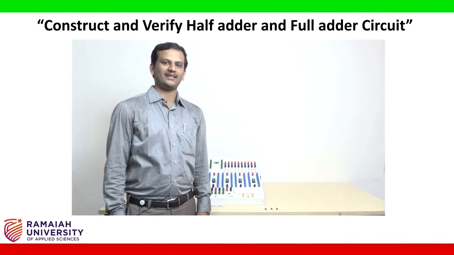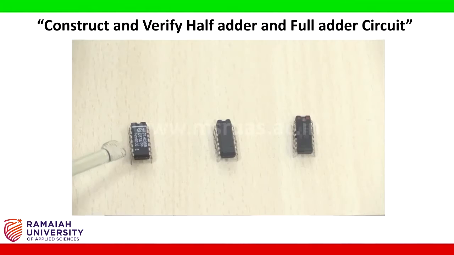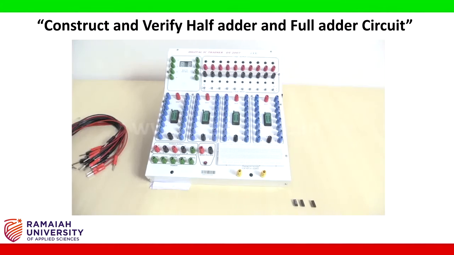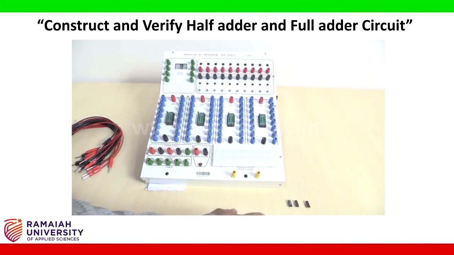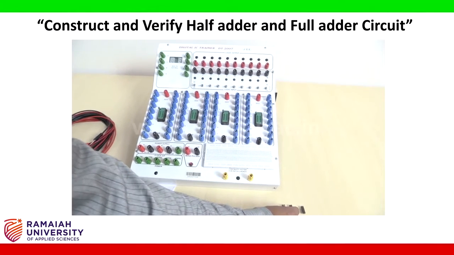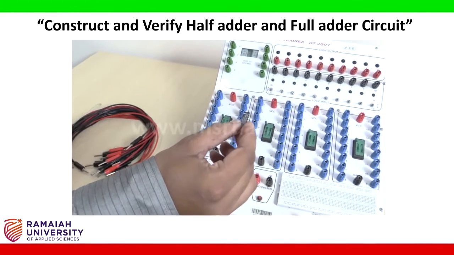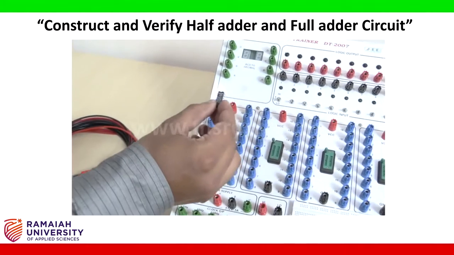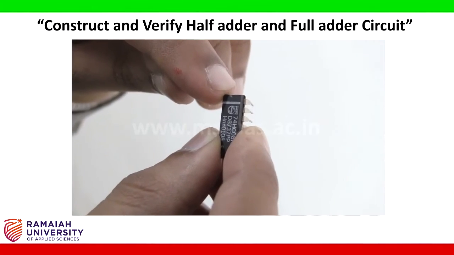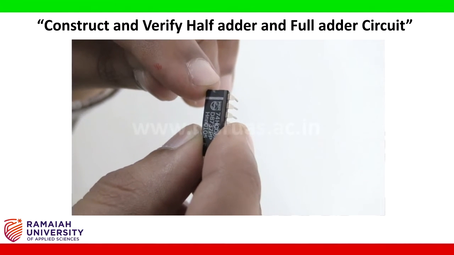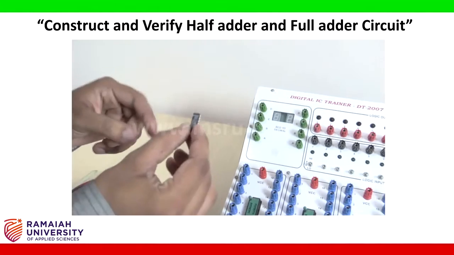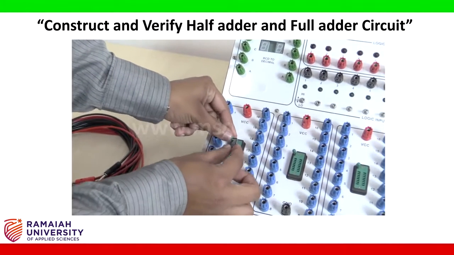Now let us start the connections. For this experiment we require one AND gate, one NOT gate and one OR gate. Now let us place these ICs into the IC bases. First I am taking 7408 IC, which represents the AND gate. Before placing this IC into the IC base, make sure the notch of this IC is directed upwards. Then place this IC into the IC base